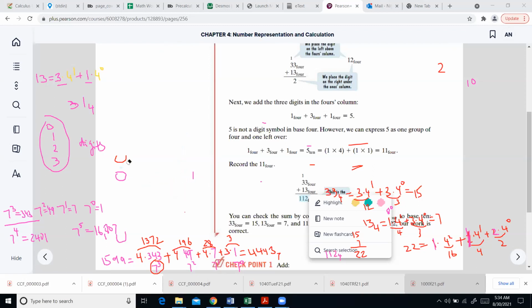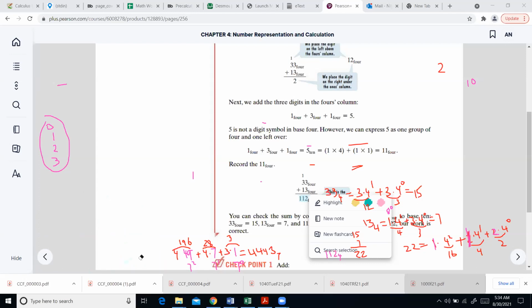So in base 4, we actually have only digits 0, 1, 2, and 3. You can see it left over from previous examples. So I don't have a 6. So instead of 6, which is actually not possible in base 4, I write 1